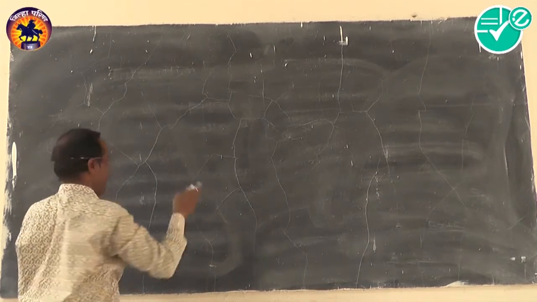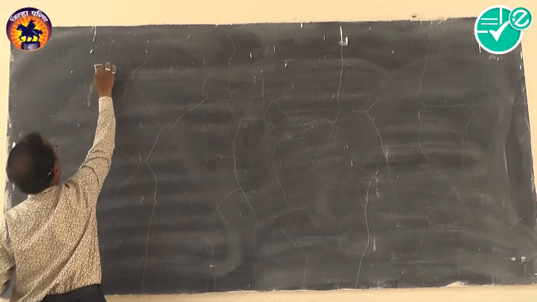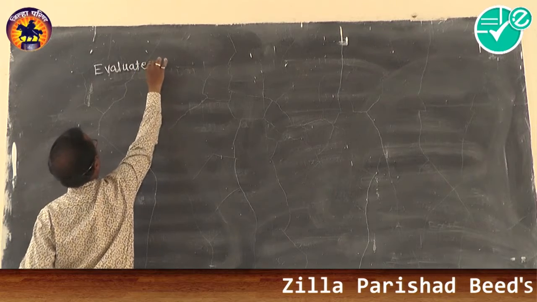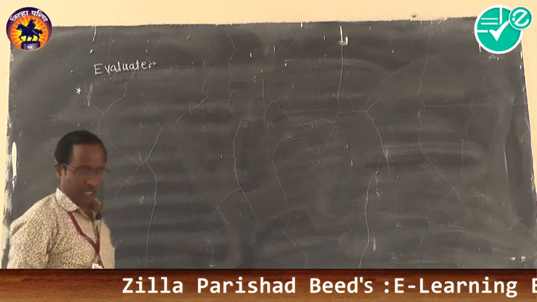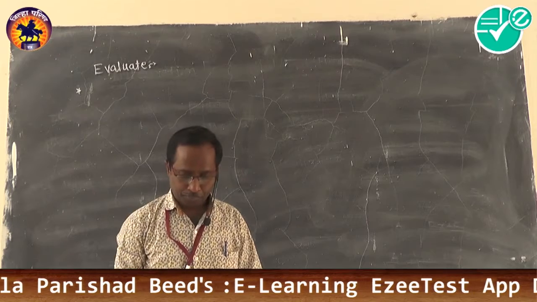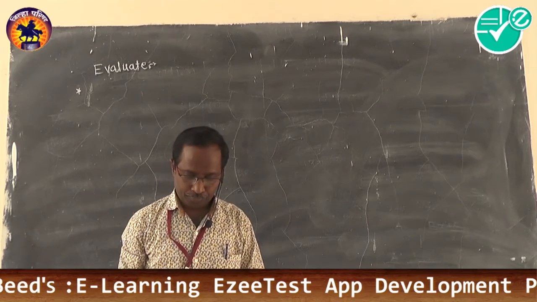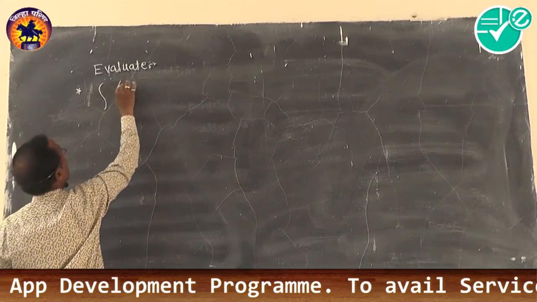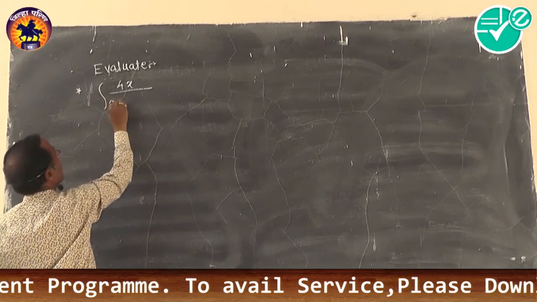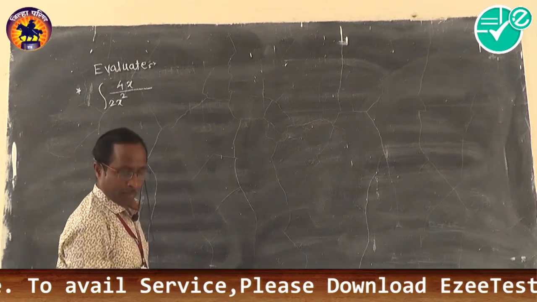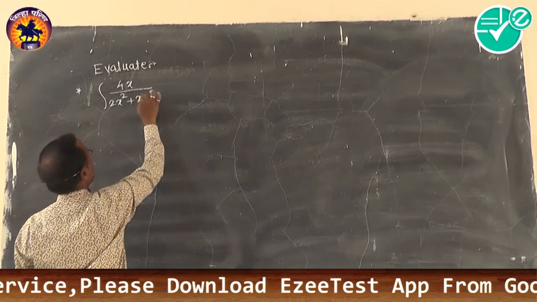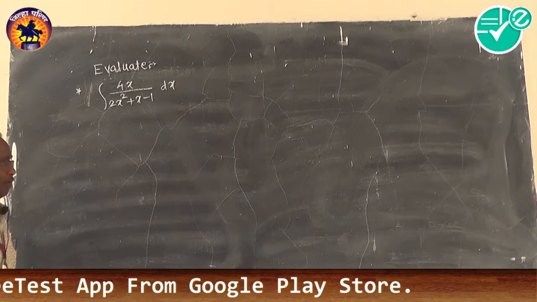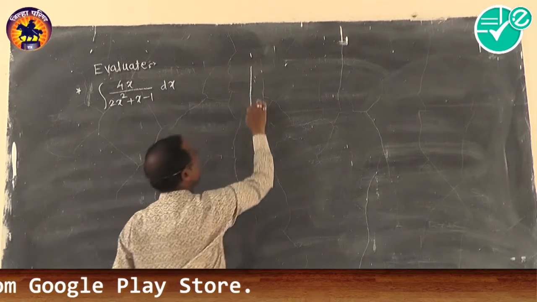Examples. Evaluate the integral of 4x upon 2x square plus x minus 1 dx. Now we want to find the solution of this example. This function is in the form of